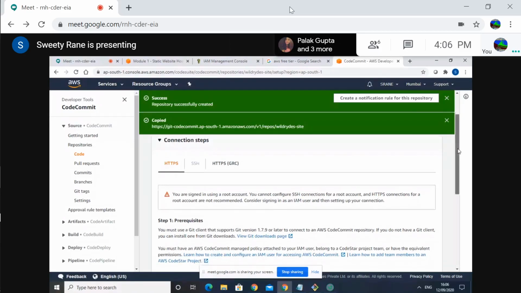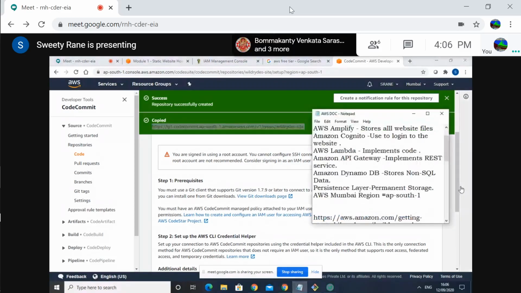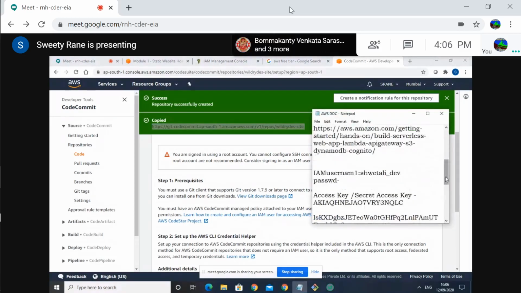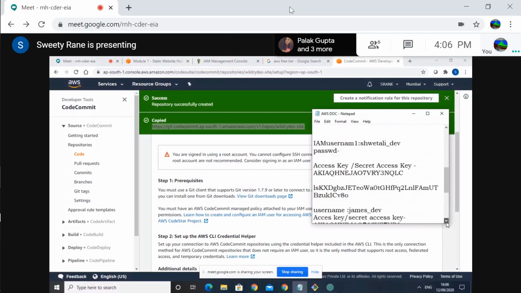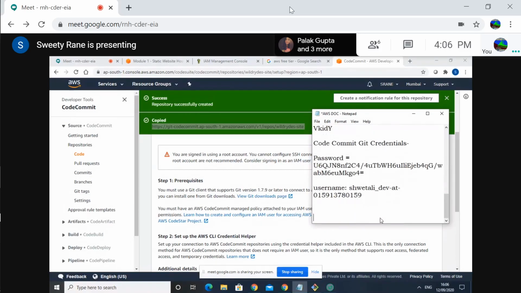Copy that HTTPS link and store it in your file. CodeCommit repository.